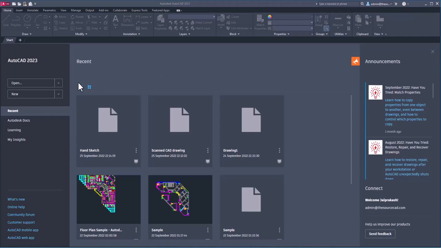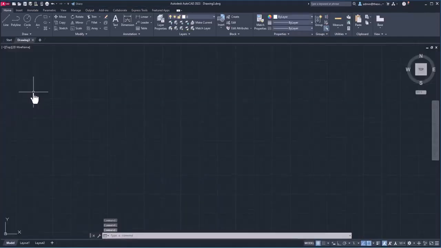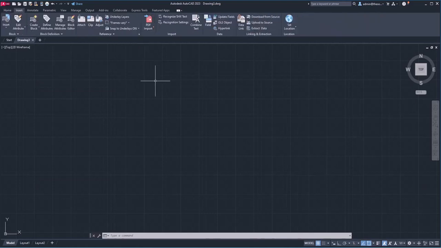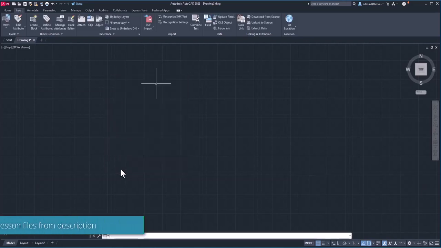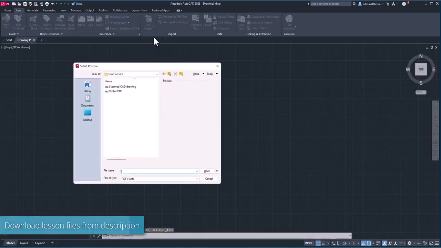So here I'll open a new drawing, and I'll first import a vector file just to show you how easy it is to bring back any vector file in AutoCAD. So I'll go to Insert, and before I import it, I'll type UN and change the unit of my current drawing, and I'll make sure that it has the same unit as the file which I'm importing. So I'll select architectural format, 1/2 inch precision, and insertion scale of inches. With that, I'll click OK, and now I'll go to PDF import, select the PDF import option,